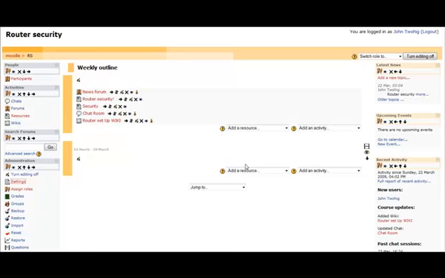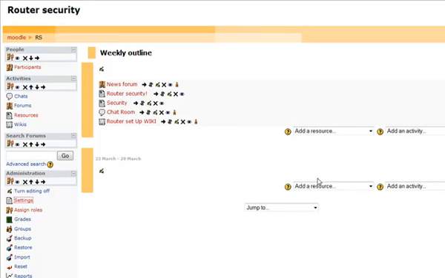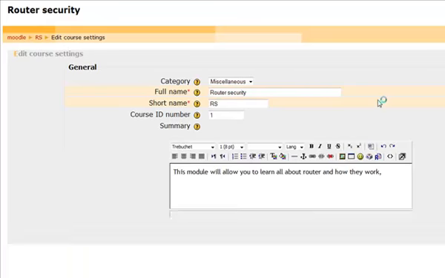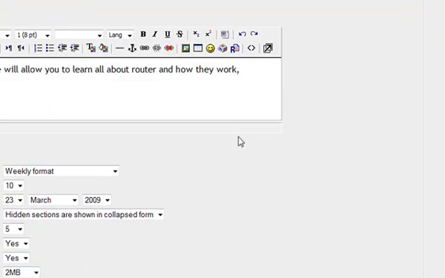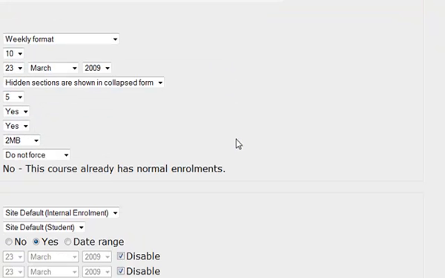Now I'm going to show you how to manipulate the module courses within Moodle. So I've already set one up, but just to backtrack, just looking at the settings of how I went about setting this up, it's very straightforward. So you fill out your categories here. You have the category, full name, short name, you have a summary,